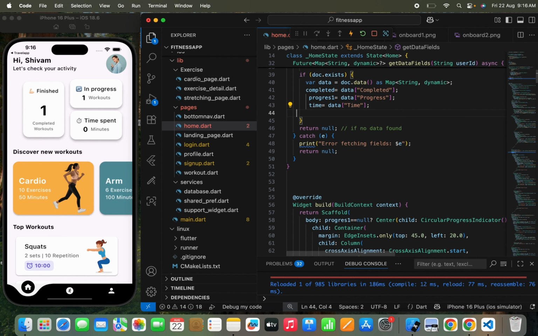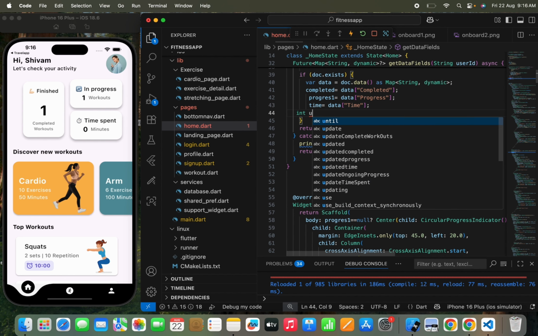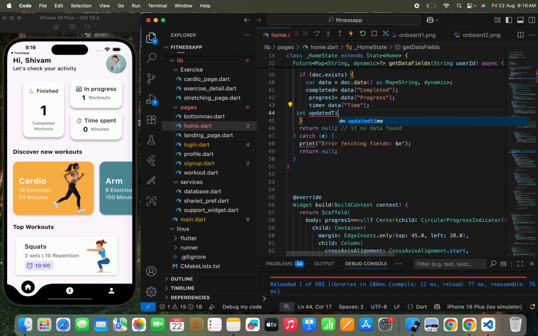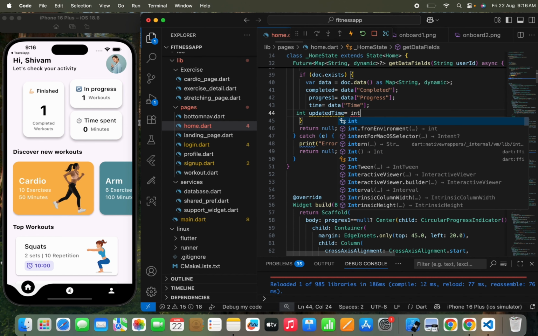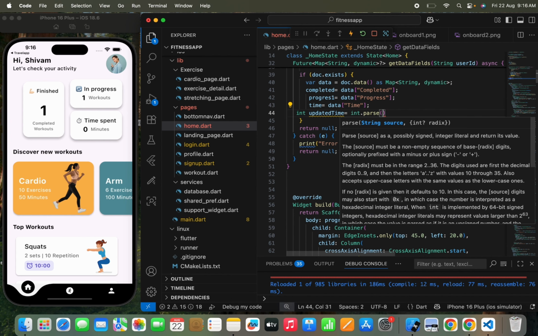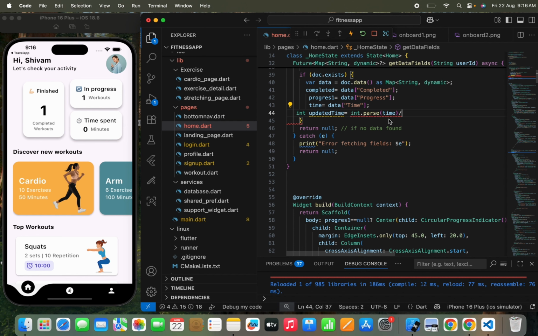We can't store a string value like this. So we can write int updatedTime, or convertInMinutes or something. And we can pass int dot parse, pass time, and in the time I just need to pass the divide sign. Don't use modulo, use a divide sign, and then divide by 60, something like